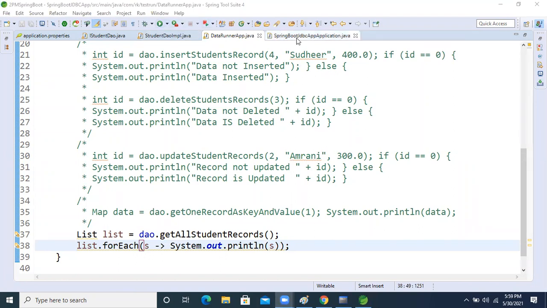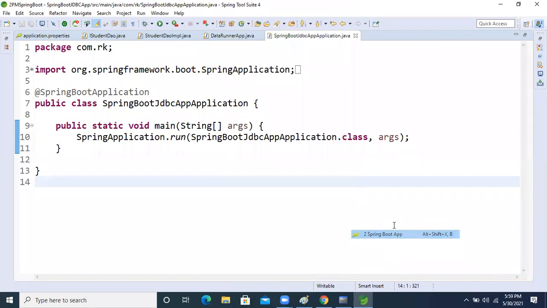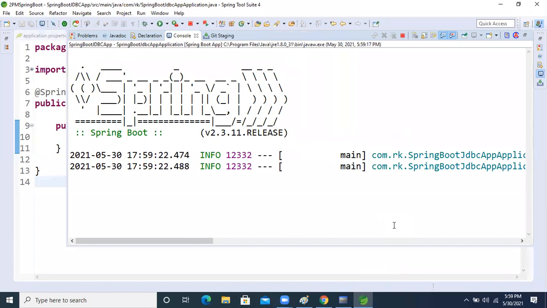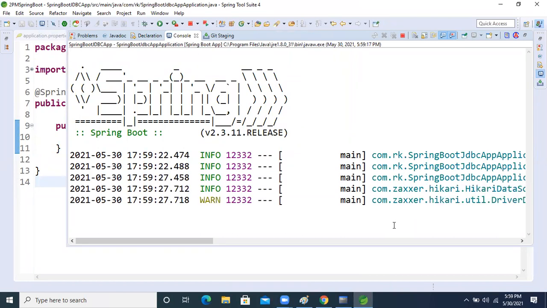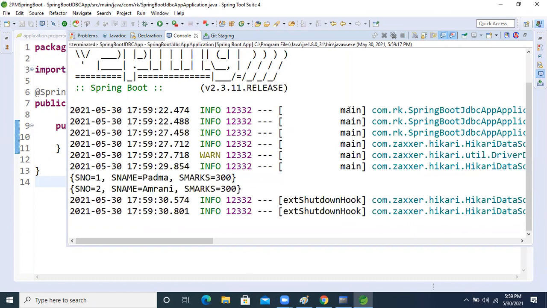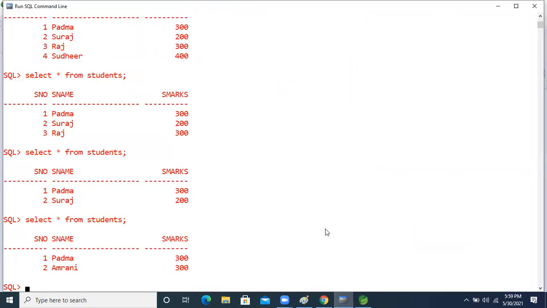Now I'm going to run the application, right? Right click, run as. See this, we are getting it, right? Two records are there in the database.